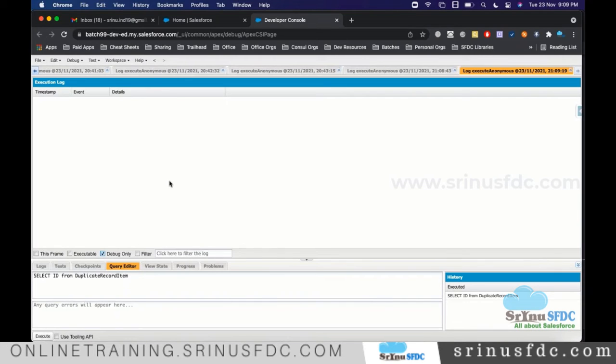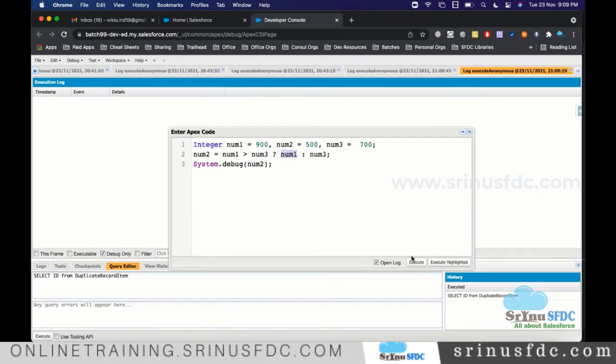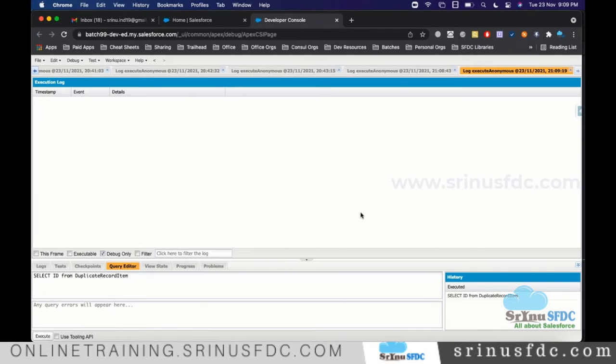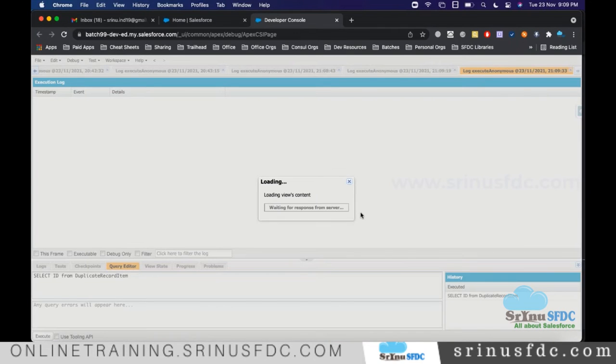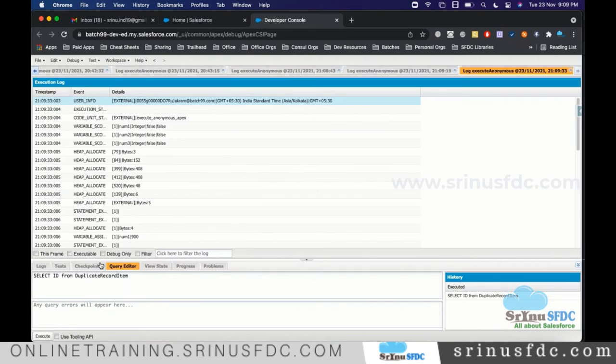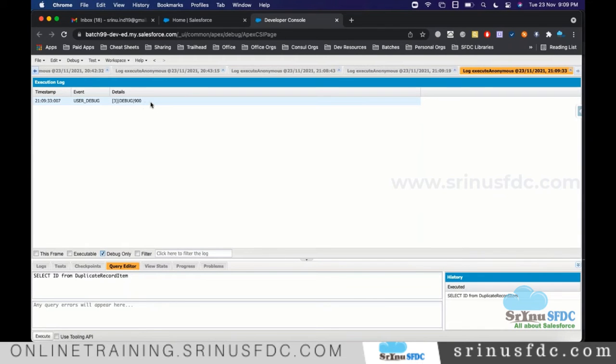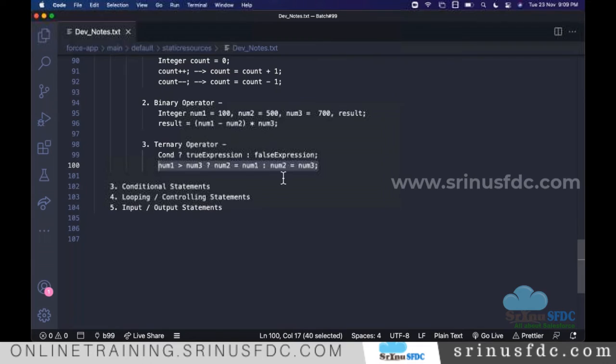Let me execute one more time. It's loading the log. Now if you see it is 900, right? So like that we can play with the scenarios. This is an example of the ternary operator.